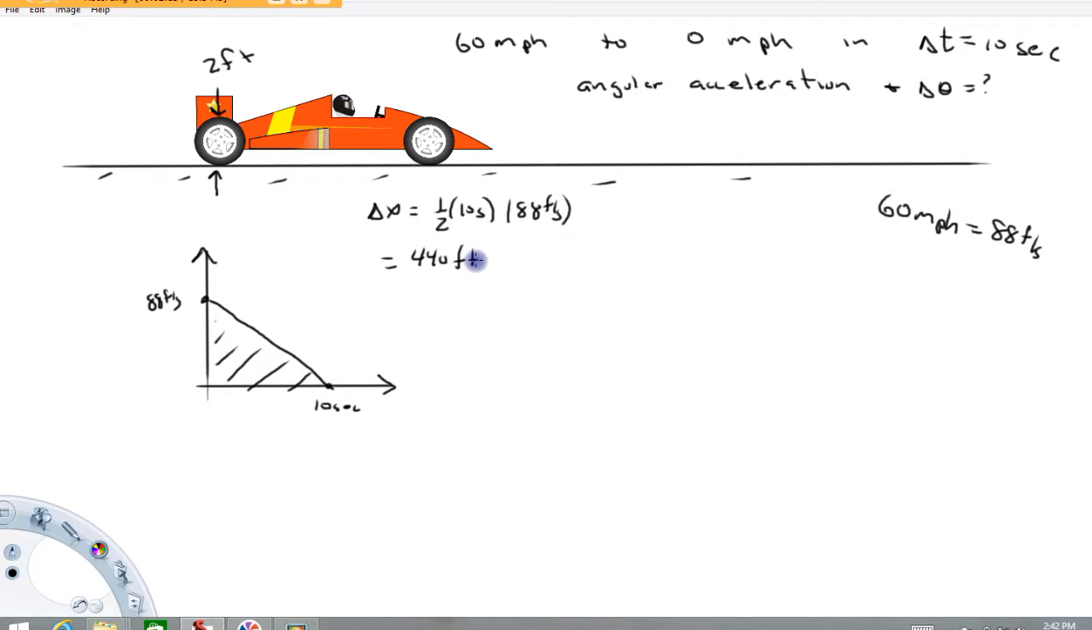Now, I don't need it right now, but if I wanted it, I could get the acceleration of the car easy enough by rise over run. That'd be negative 88 over 10, or in other words, negative 8.8 feet per second squared. But all right, now that I've got that distance,